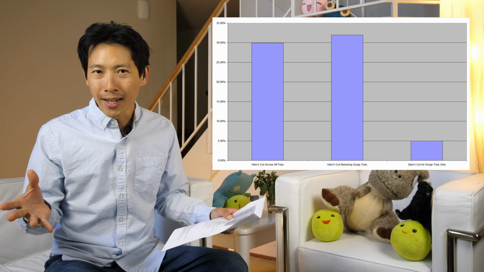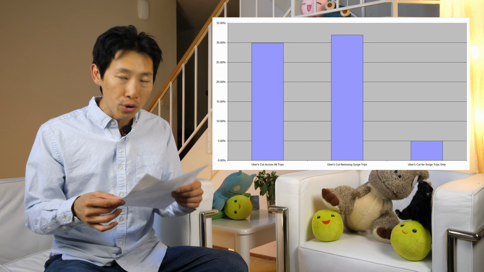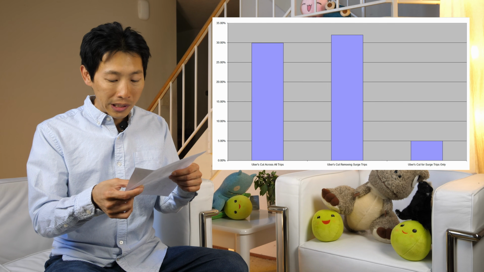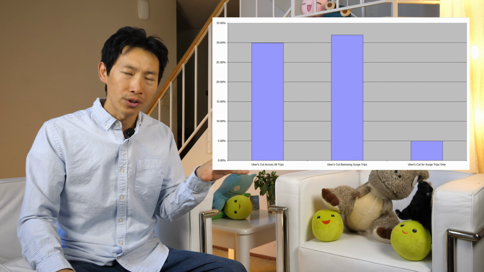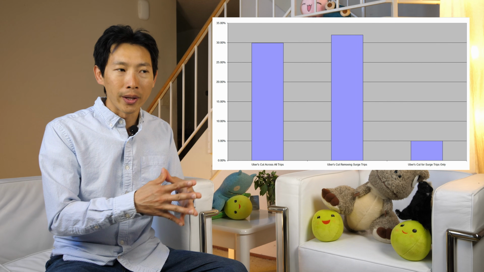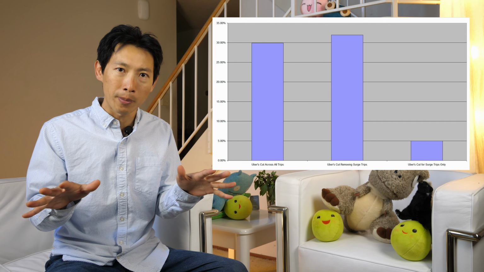So you might wonder, well, how much do they take if you don't do any surge? They actually take a little bit more at 32%. If I include only the 20 or so surge trips, you can see that Uber's take reduces dramatically to around 5%. Those surge fees do not usually get passed on to the driver for some weird reason, but as a rider, when there is a surge, it seems like it's more expensive. So there's this discrepancy over here.